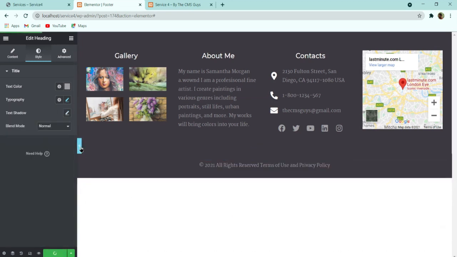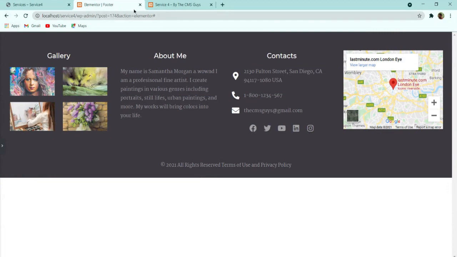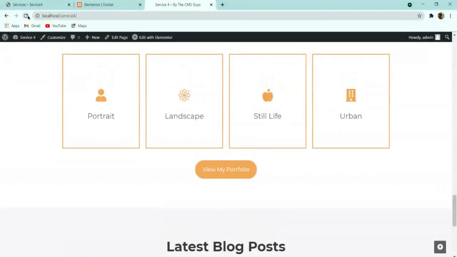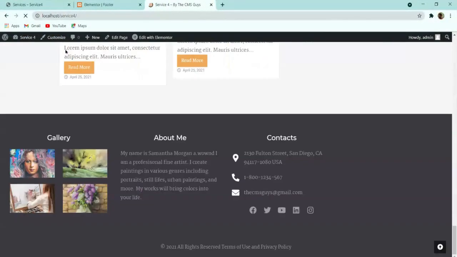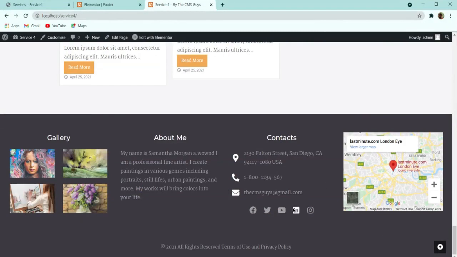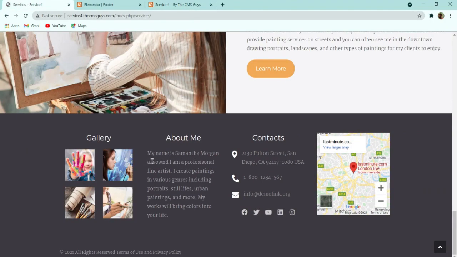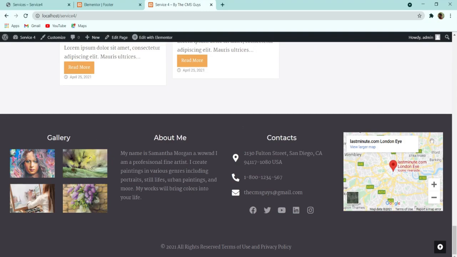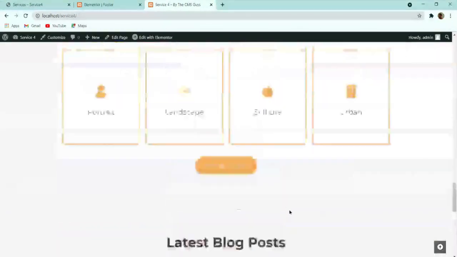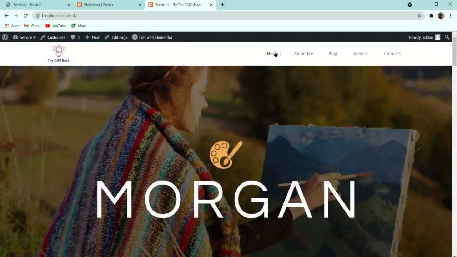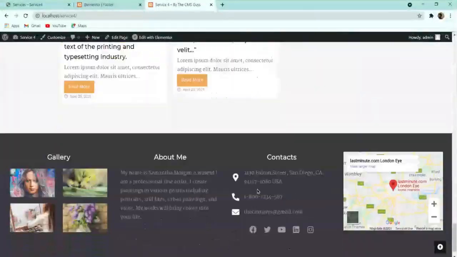Click on update. Now you can see how our footer is designed. So let us refresh our home page, and let's see how the footer is designed. So here you can see that this is how the footer is going to look like. My main aim is why I have taken this 4 column and all. Here you can see that in this demo website, this footer is box width, it is not looking so good. Here you can see how it is full width, and how it is also getting good with this.